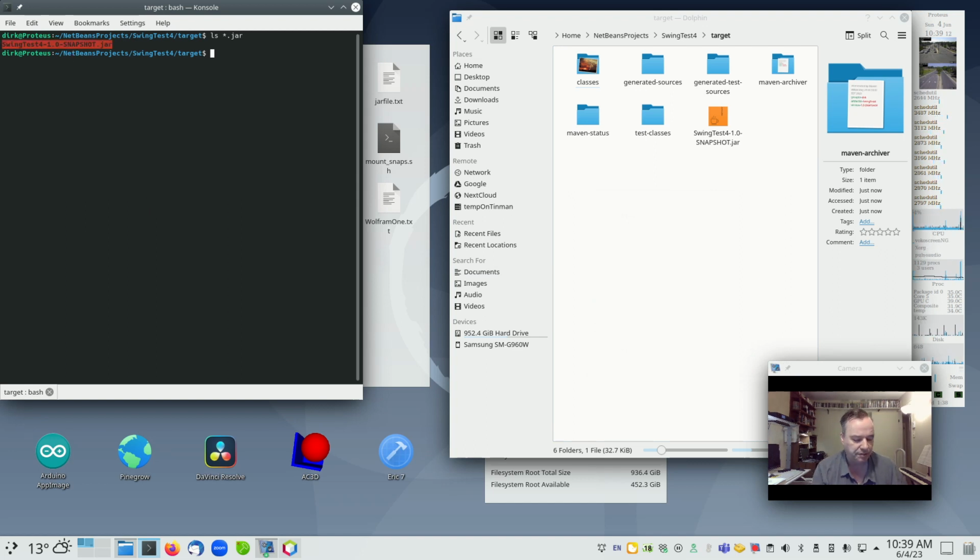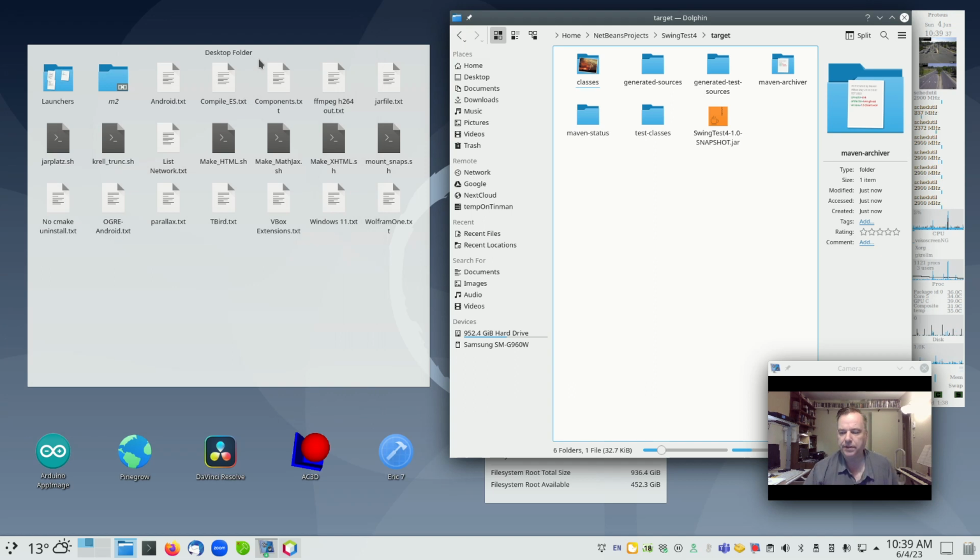Basically, the point of this particular demonstration is just that the jar file will not run as is. It gives me a predicted error message, no main manifest attribute, and then it names the jar file. So obviously that's not the way to do it, and I don't think it's highly recommended by the developers of NetBeans that you use a Maven project and make it run standalone. But for practical reasons, that may be exactly what a person wants to do,